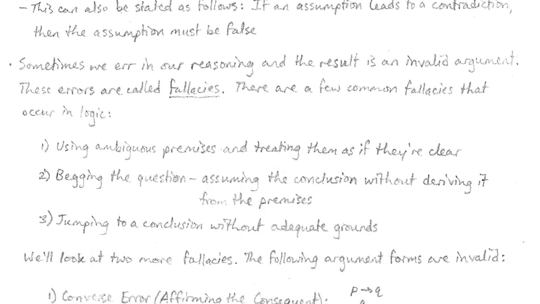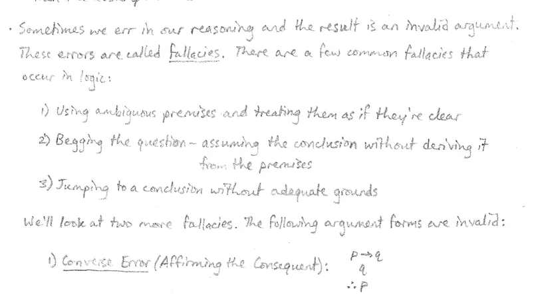So lastly, I want to finish up with some fallacies. Errors, or times when we err in our reasoning and what we claim to be true is not actually true. The argument we're providing is an invalid argument. These errors, as I said, are called fallacies. There are a few common fallacies that occur in logic. These are sort of basic ones. These are more like the pitfalls that we would fall into in our everyday